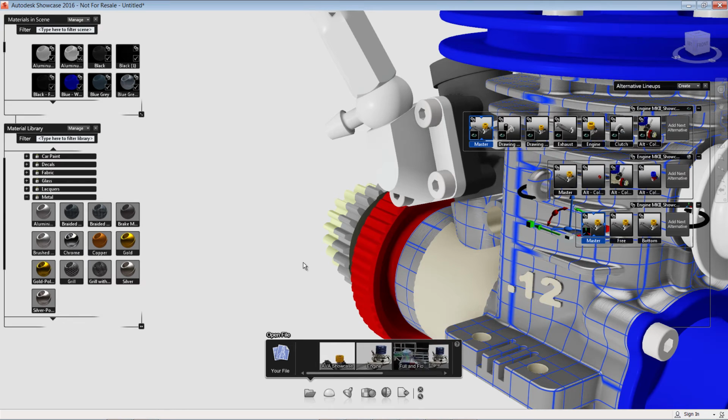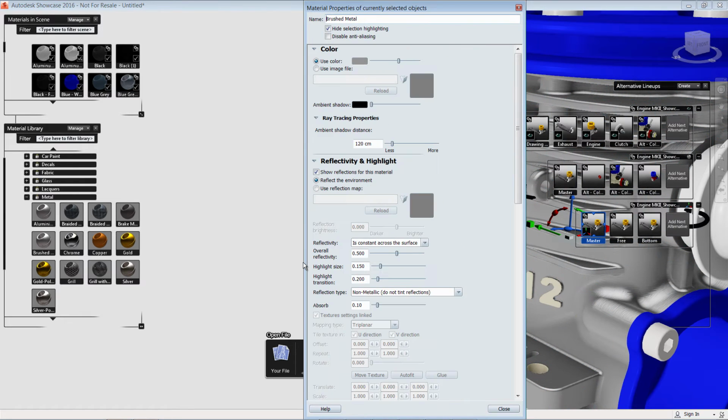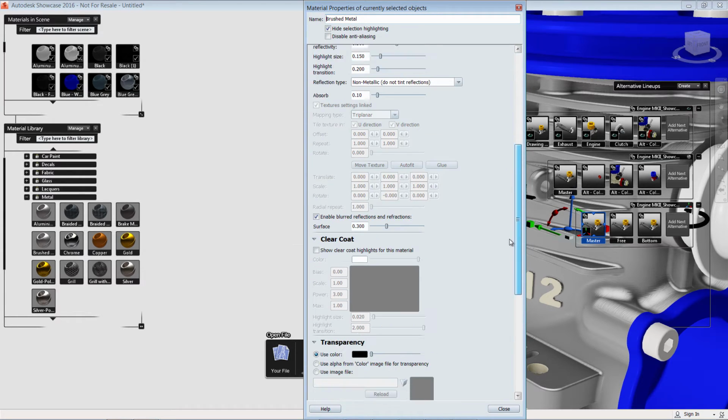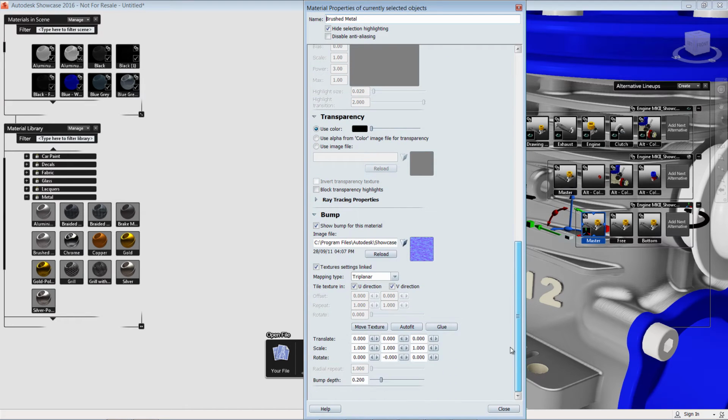Inside the material properties, we have a slew of different options. First, maybe the color. Maybe you want to adjust the shading of the gray here to be a little more realistic, to look like the part that you actually have. Maybe you decide you don't want it to be reflective at all, or maybe just a little bit, or maybe a lot. If we scroll down at the bottom, you'll see the different options that we have, such as bump,